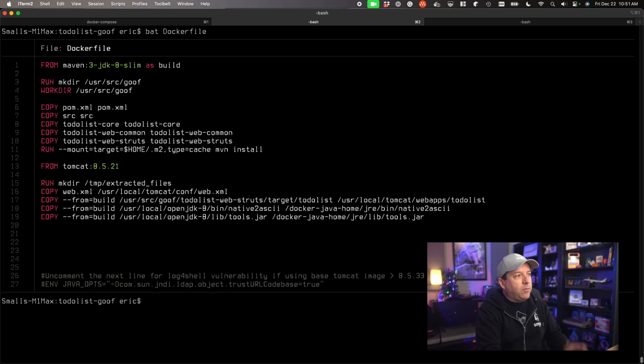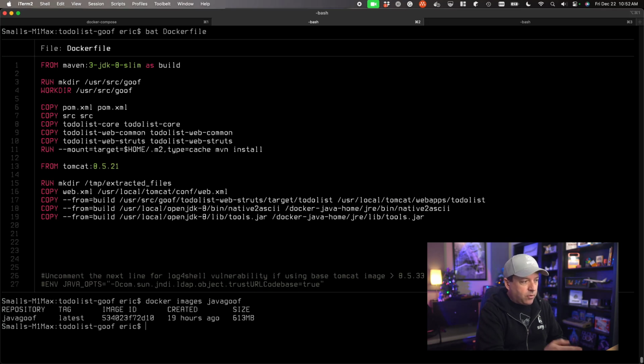And we've got this image. Say I'm working on a bug fix on here. And as part of my unit testing, I'm going to run it locally. So I do a build on it. And if we take a look, the Docker image is, I think I called it Java Goof. Sure, up there it is.